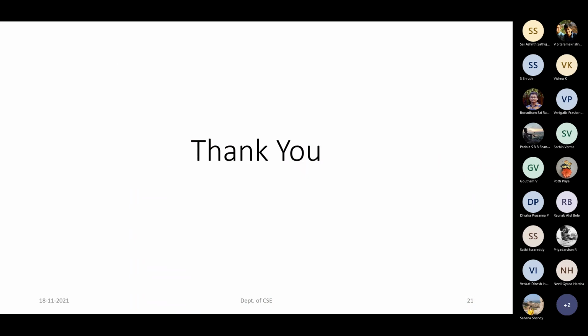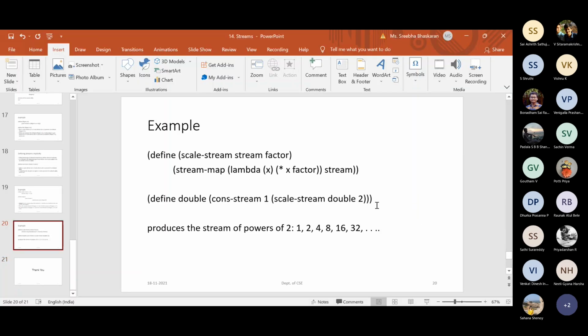So that's it. So we are done with the portion. Any doubts you can ask? So from the exam point of view, from this portion, you will be asked to generate the values given a procedure or given a scenario. What will be the possible values which will be generated, or at a given position, what will be the value?